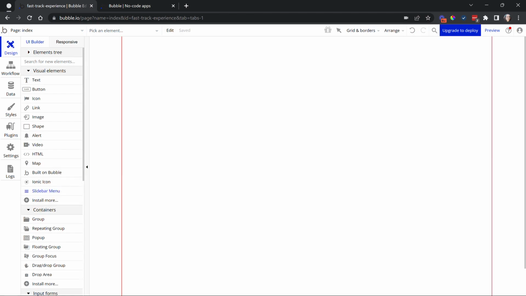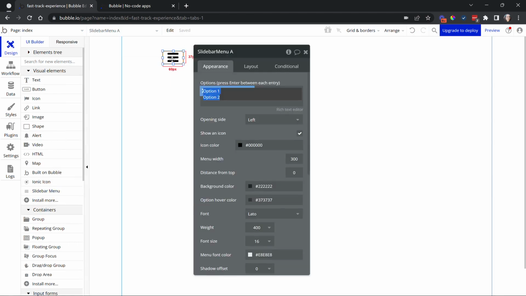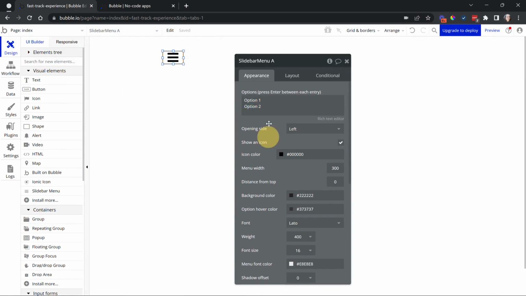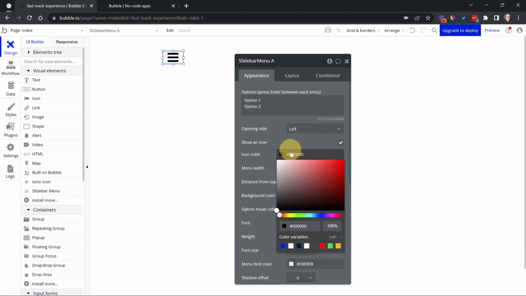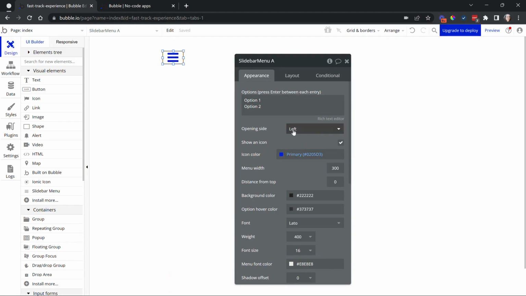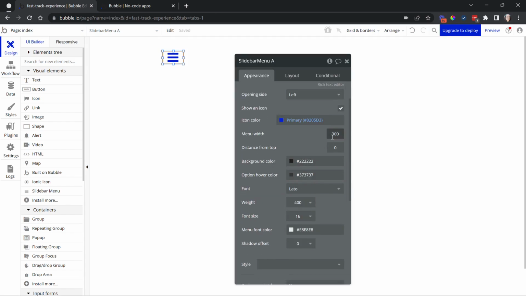I'm going to select the menu. Basically the trigger point is this icon here, but you can configure it to display all of your choices within the property editor here. So I can change the color, if I want it to be blue instead, I can do that. I'm going to have this opening from the left, but you can also have it on the other side of the page. We'll just keep the two default options there, option 1, option 2. I have some settings here around the width of the menu, like lots of different positioning and